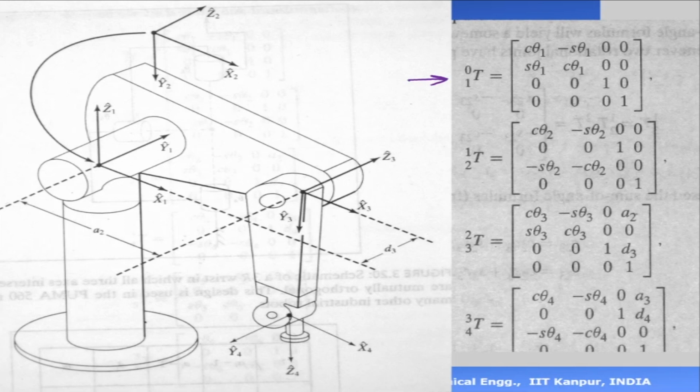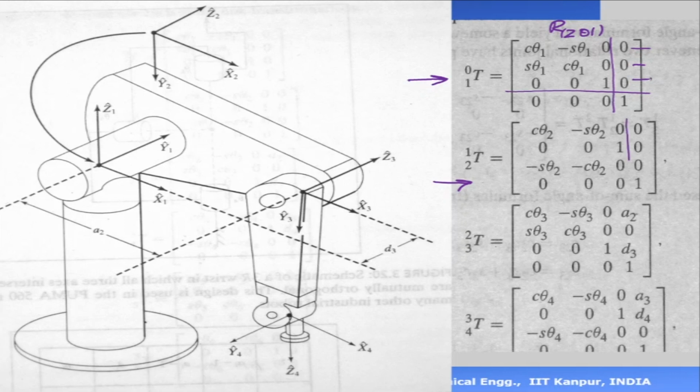Now please note that the origins are the same. So if you look at the matrix here, the origins are the same, so that is 0, 0, 0. There's no shift of origin. There is a rotation about the z-axis by an angle theta 1. So this is my rotation matrix. So this is what the matrix is. The second matrix is given here, the second transformation matrix relating frame 2 and frame 1.